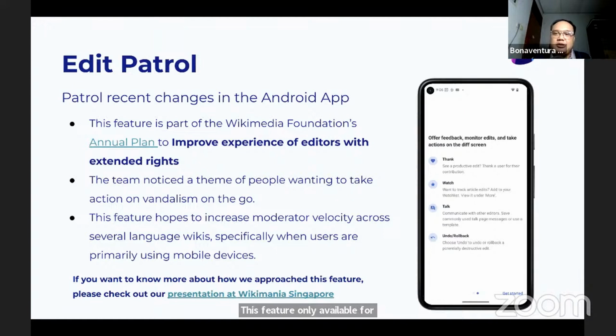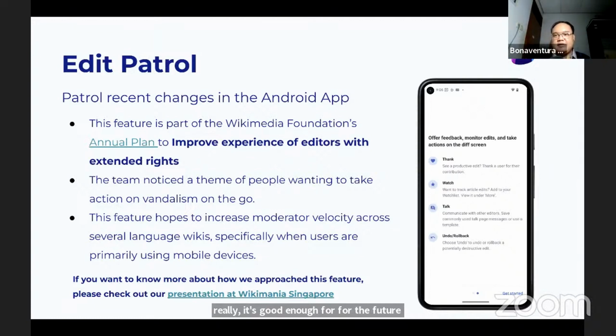For now, this feature is only available for rollbackers and above, because we need to see this implementation is good enough and usable for the future.